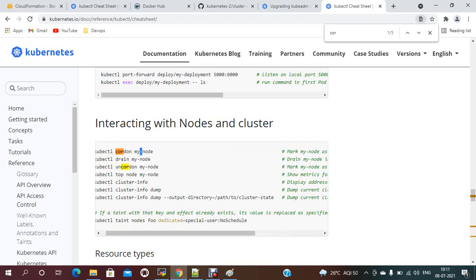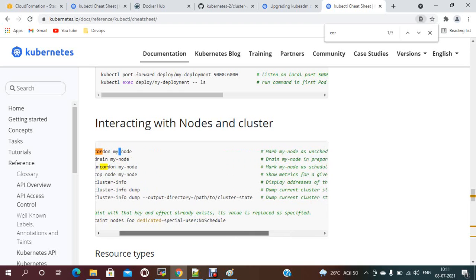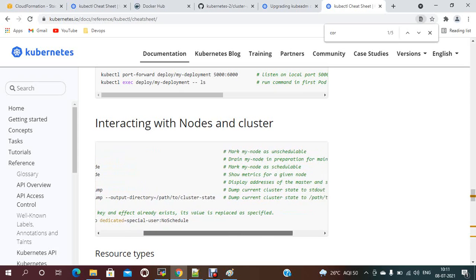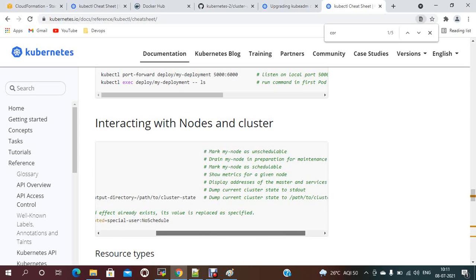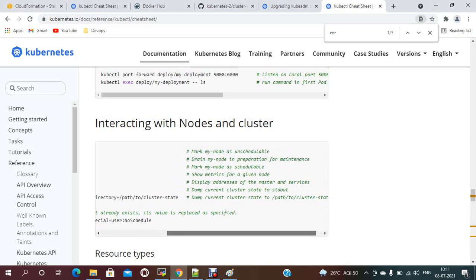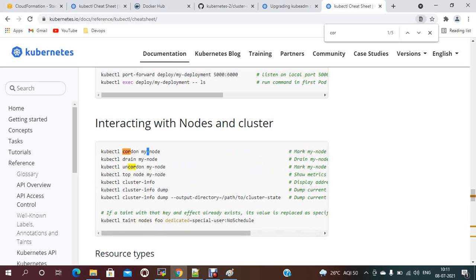Once that is done, we have to drain. Drain means the node is temporarily evicted, draining the node in preparation for maintenance. After some time, if you want, you can do uncordon with the node name. It will be back and will take schedules also.